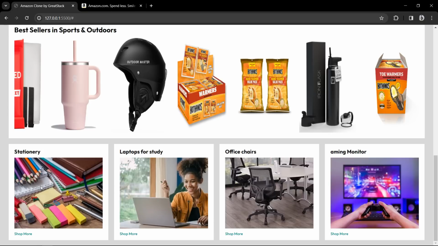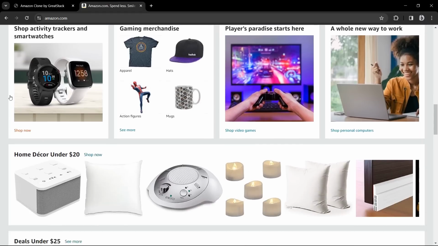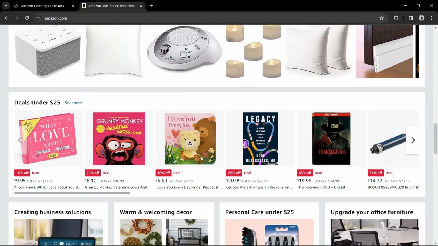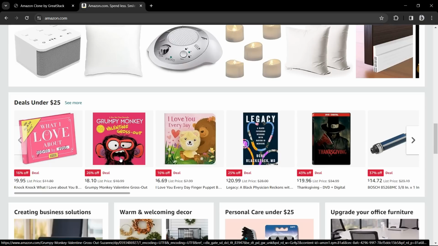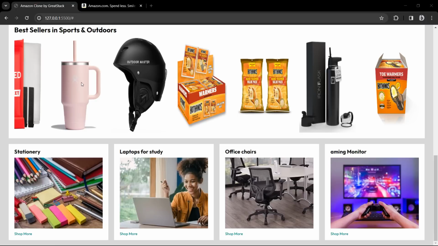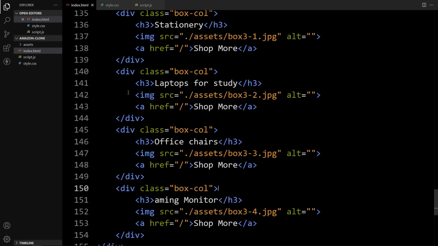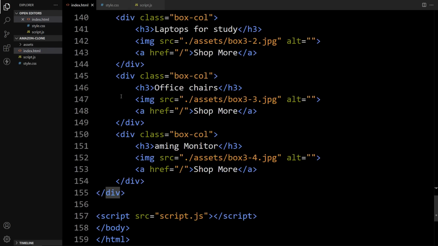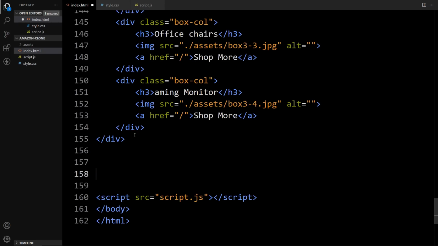Now let's come back to the official website, and here you can see we have one row with product slider. This is also a slider, and here we have the product image, price, text and discount tag. So we will create this section. Just come back to the HTML file, and after closing of this box row, let's add some space, and